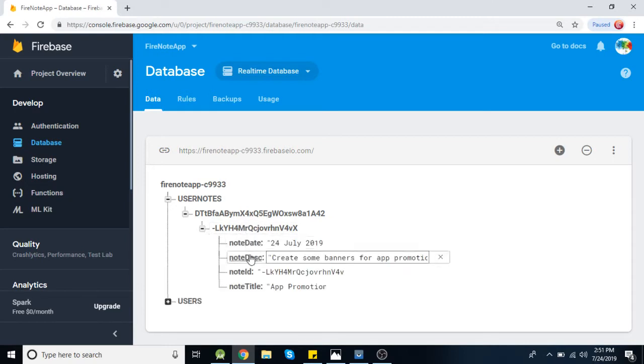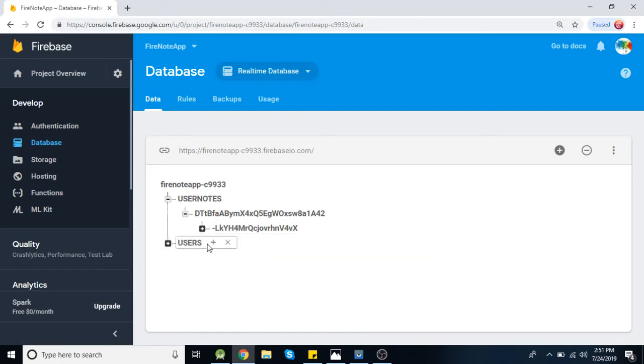The title is app promotion, this is the description, this is our note date, that is today's date, and this is the ID. These both IDs are the same because we are saving this ID only, and this we are going to use for update and delete purposes. So this is our first note.